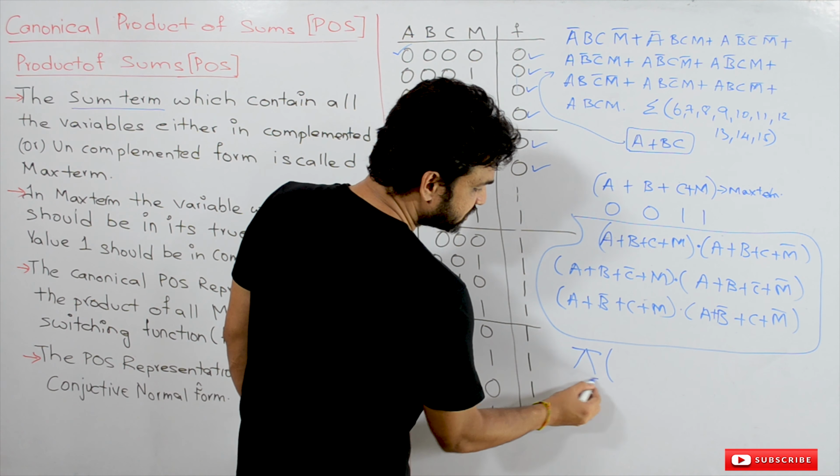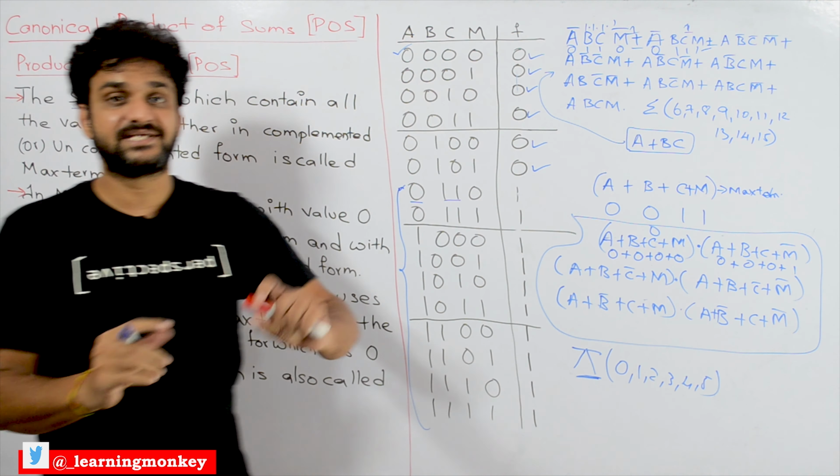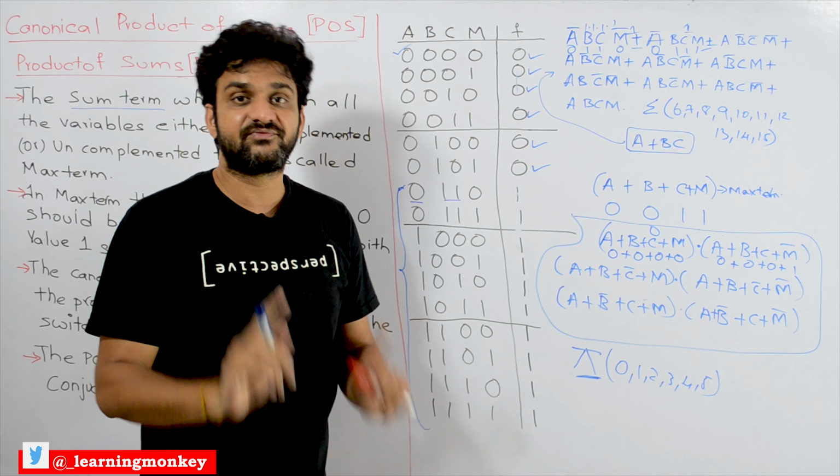If any one of the inputs is 1, then it has to produce an output of 1. For that we are going to use this plus symbol. What is the property of plus? Plus means OR gate. The property of an OR gate means if any one of the inputs is 1, then it is going to produce an output of 1. If you give 4 inputs, and any one of these terms produces an output of 1, then the final output is going to be 1.